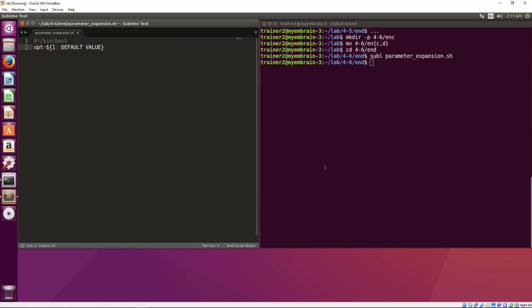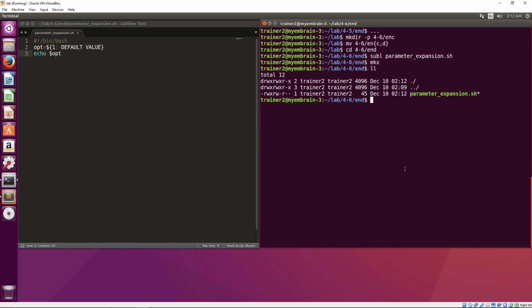So now if my script is called with a parameter, then I would store that parameter into the opt. Otherwise, take the literal default value and store into opt, and after that I would print out the value of the opt. Now Control S to save it, and here let's do chmod +x. So we got it into the executable mode, and then now we call the script,